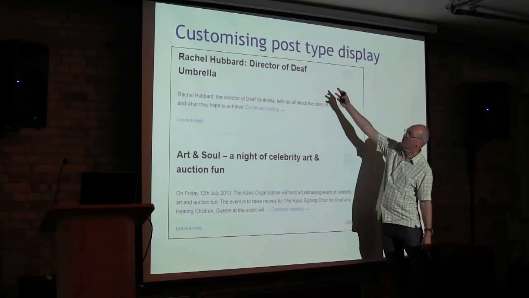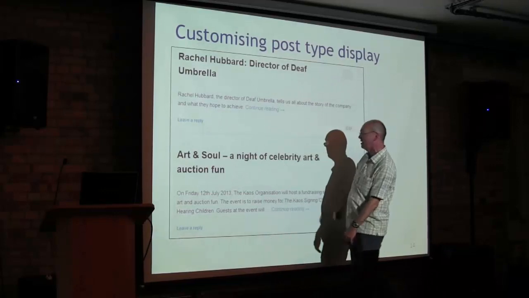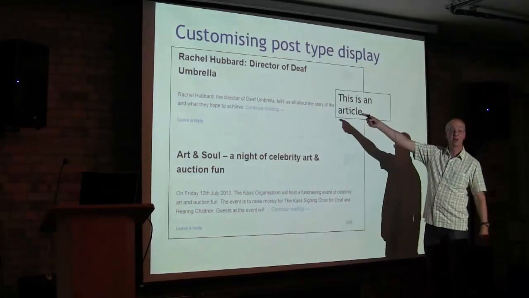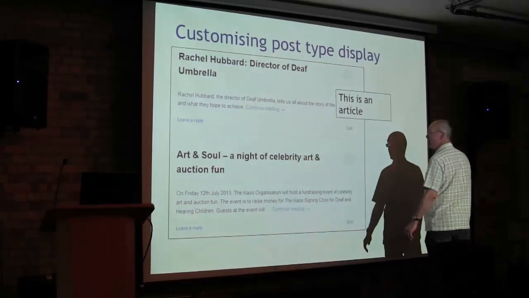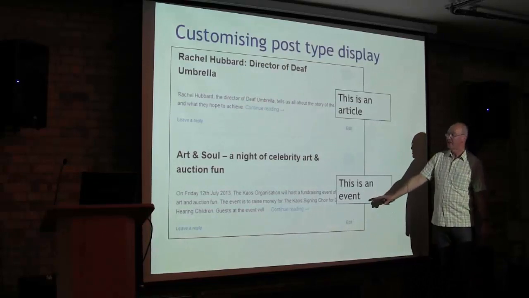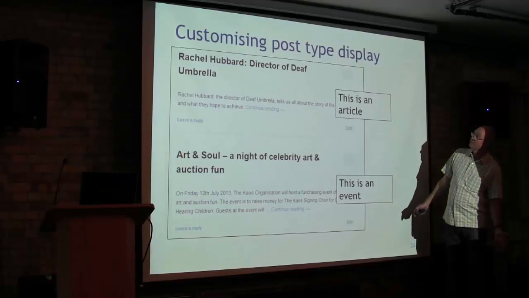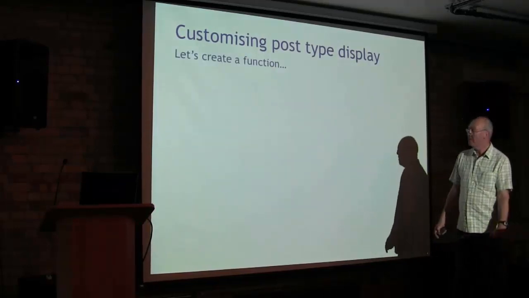But it's got the title, the excerpt, read more link, and leave a reply, blah, blah, blah. But it doesn't tell you that this is in fact an article that was written by this woman. So that's in the articles section of the site. And this one is actually an event for deaf people. So that's not there. Right, so in order to do this, I haven't found a plugin that would do this for me,